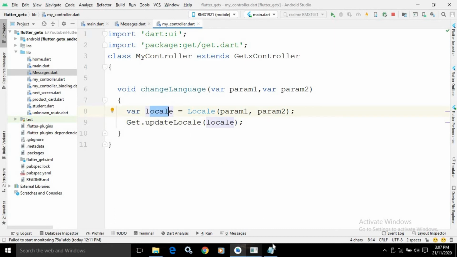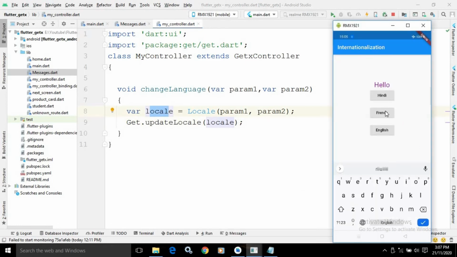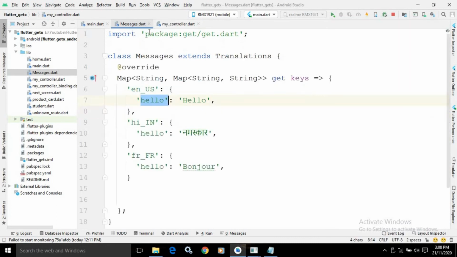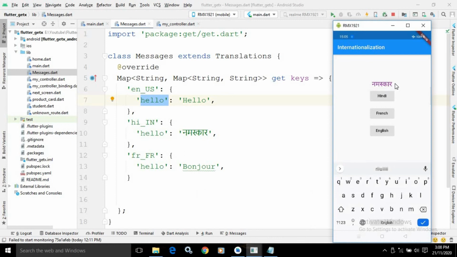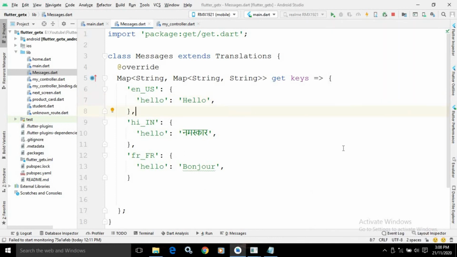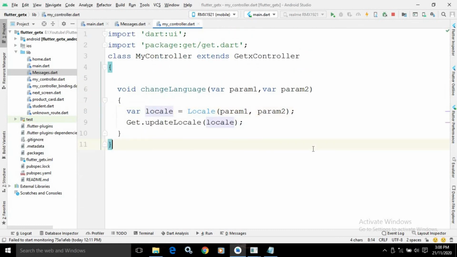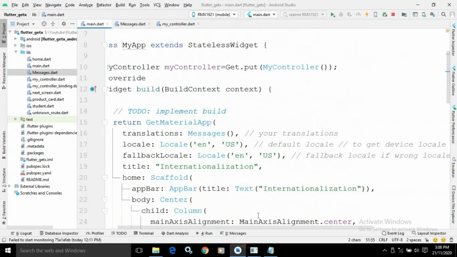And that's why when we click on the button, this changeLanguage method is called, and based on the language code and the country code which we pass, the corresponding message is retrieved from messages.dart, and that is displayed in the Text widget. Okay, this is the entire code for the messages.dart. This is the code for MyController, and this is the code for main.dart.